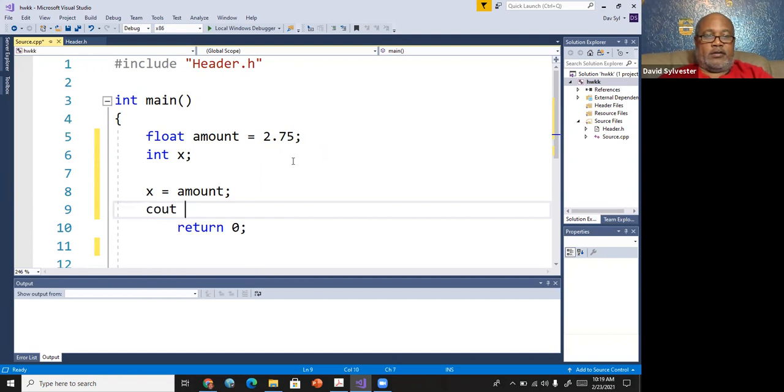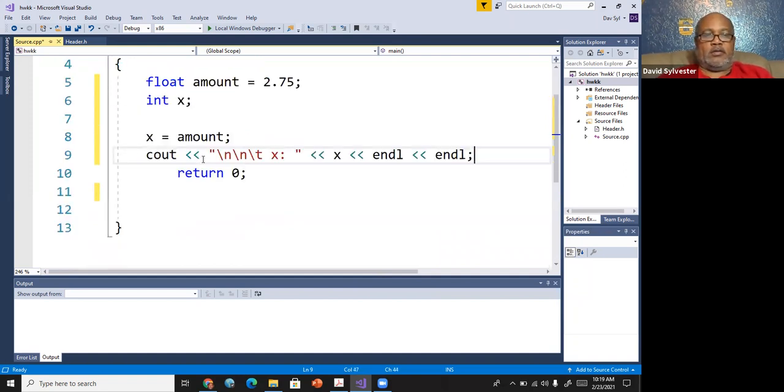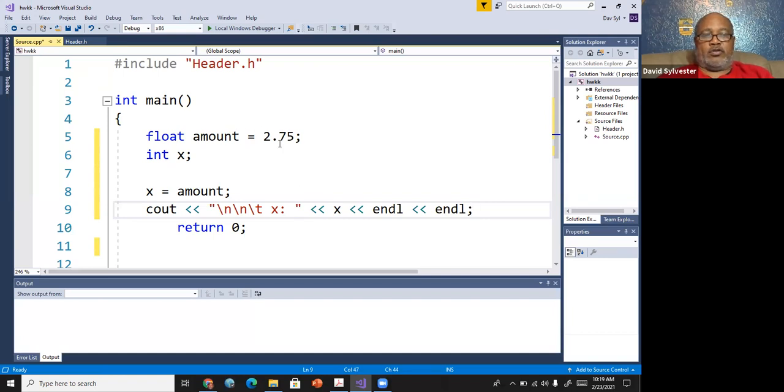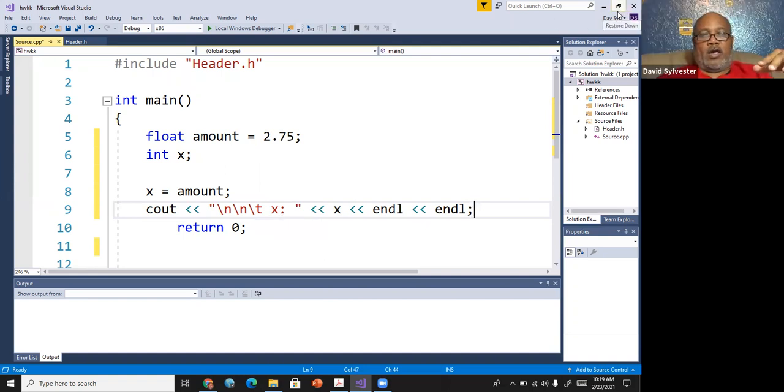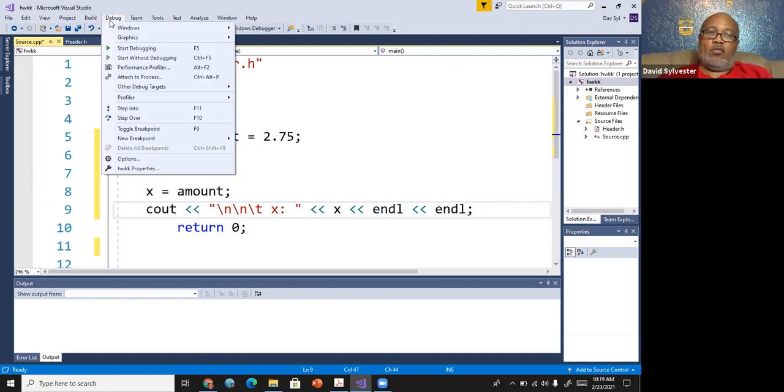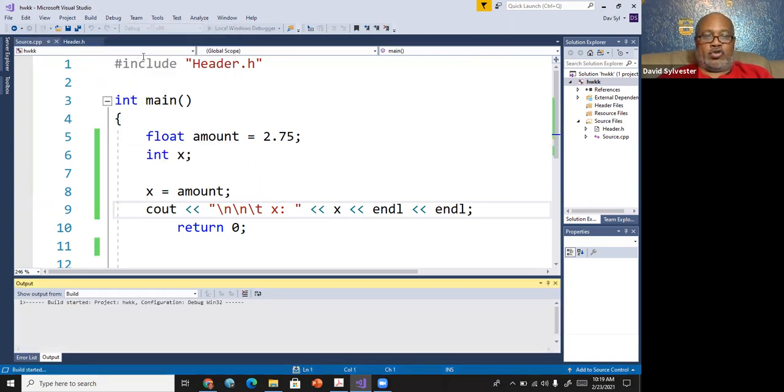So if I do cout x, when I output this, what should my output be, class? I set amount to 2.75. It'll be 2. Correct. You won't get an error. It'll just be 2. But some compilers are more strict. I'll run it to show you.